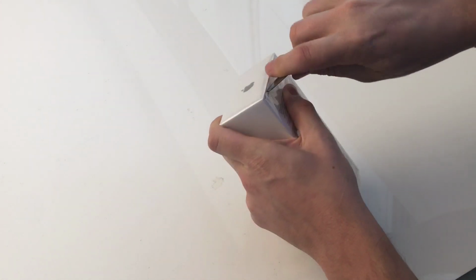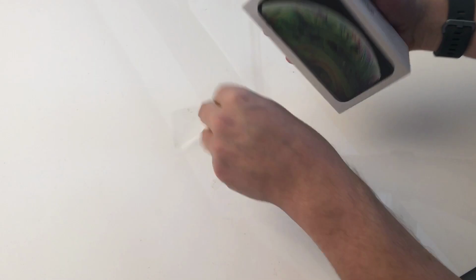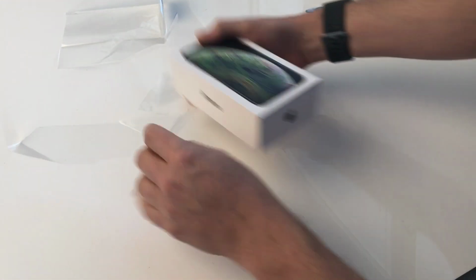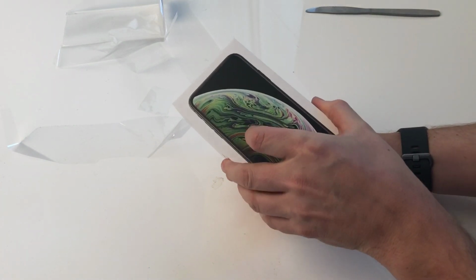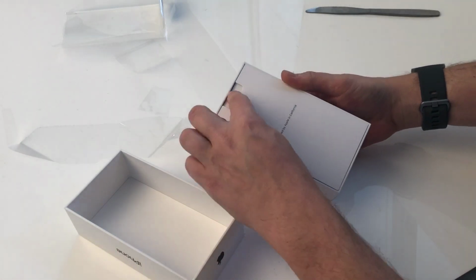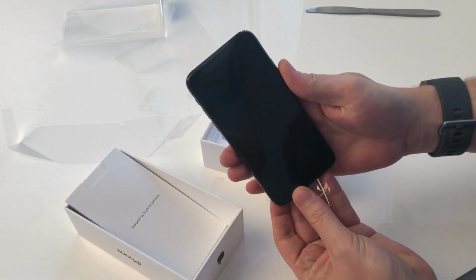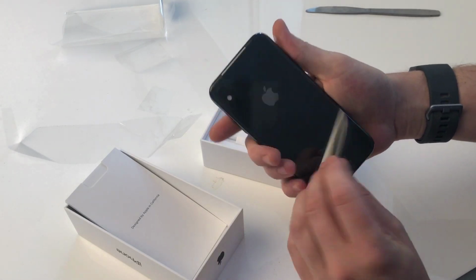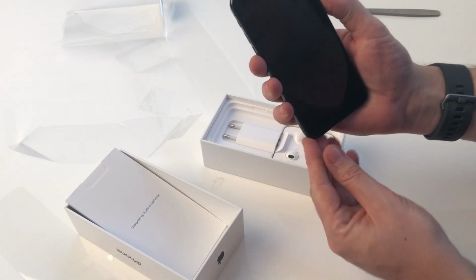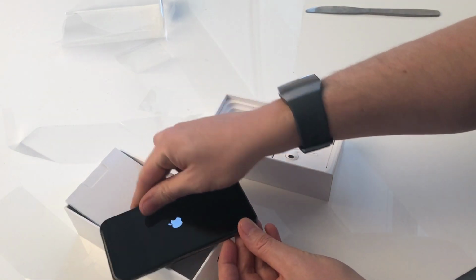Fortunately, I've brought my trusty unboxing favorite bread knife. There's the usual design by Apple in California. Pop that out. And here is the actual handset. Peel off that famous plastic. Let's pop that on and let that do an initial boot while we have a look at what else is